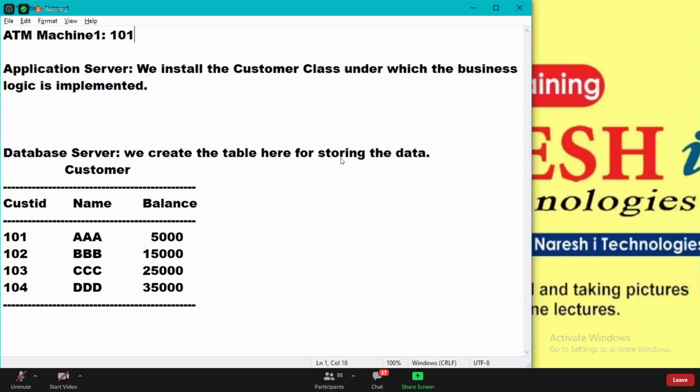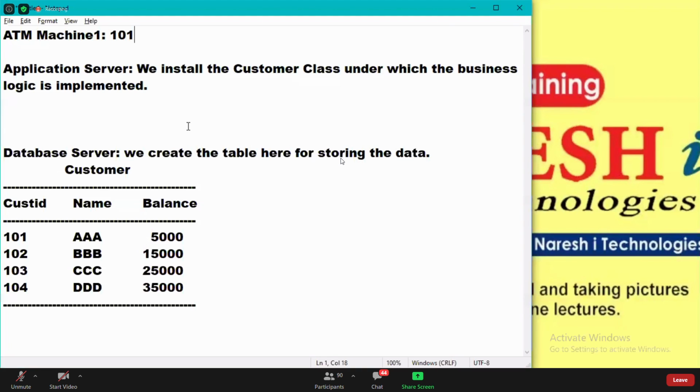After reading that, it will send that to the application server. What is present on the application server, guys? The customer class is present there.